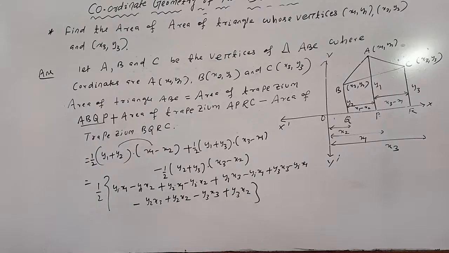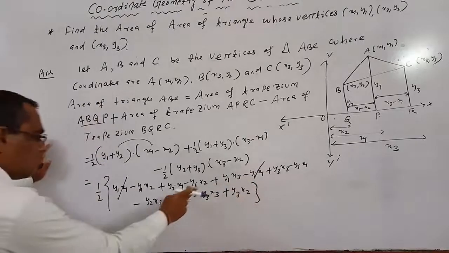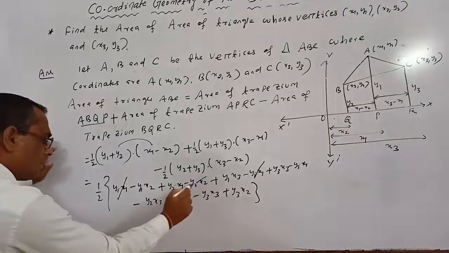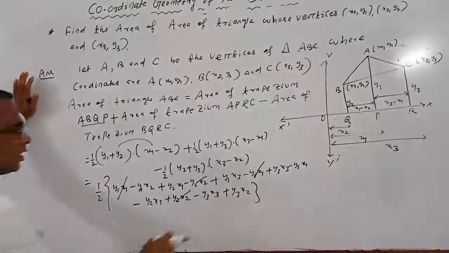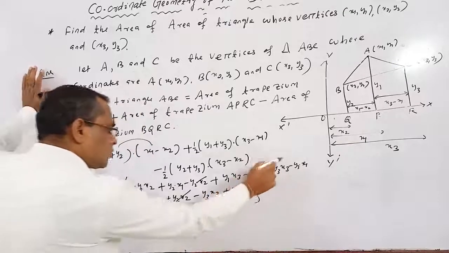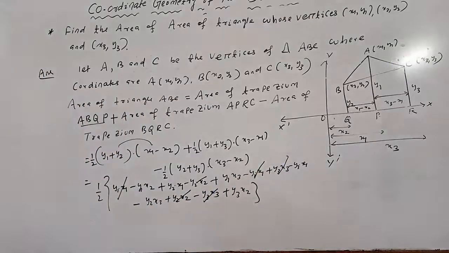Now next, x1 y1 plus x1 y1, here minus x1 y1 cancel, then here y2 x2, then another here y2 x2, here minus and plus opposite sides, then y3 x3, here also y3 x3 plus y3 x3 minus y3 x3, these are cancel. Next remaining part we write this, so half into